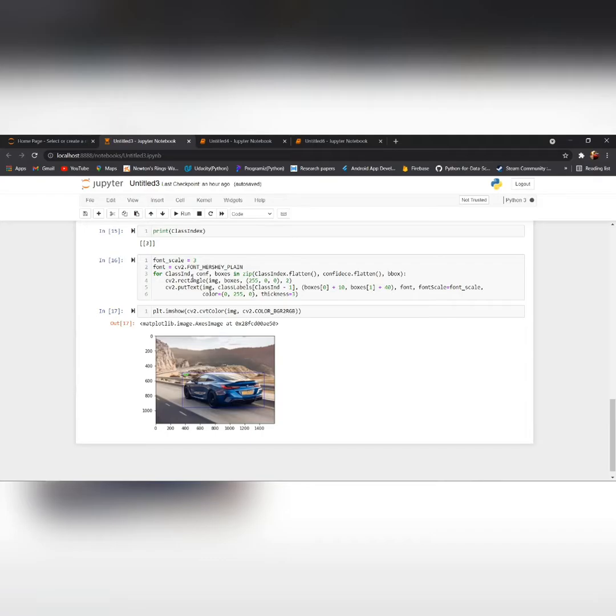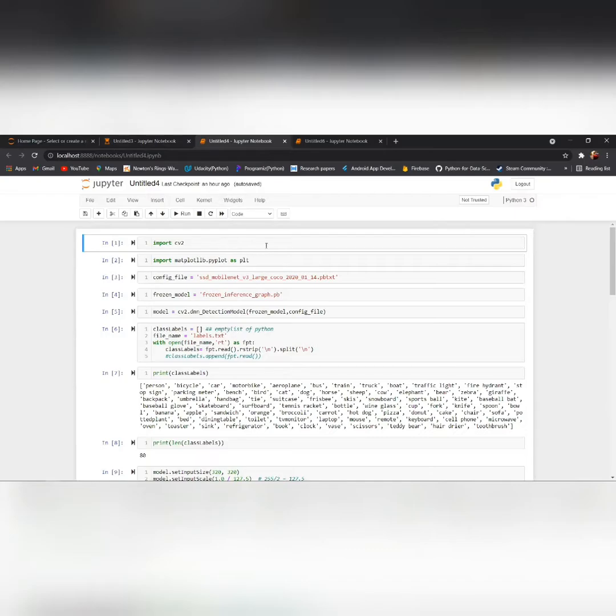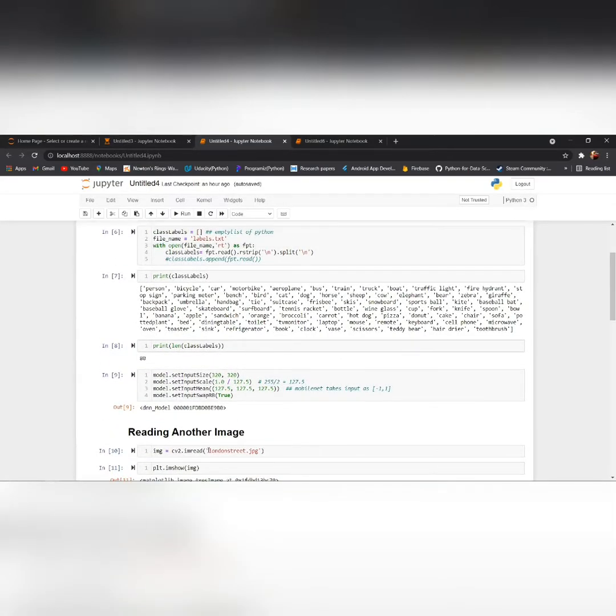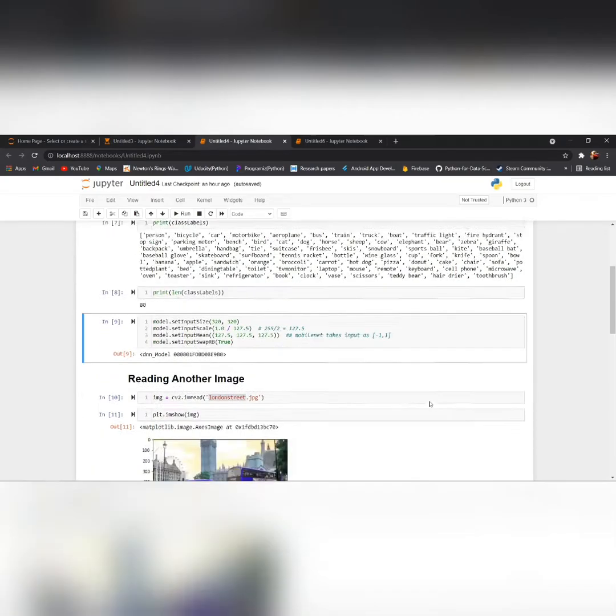Now to test the capabilities of this program, I will be using a much more complex image, an image with a large number of objects. As you can see, the command is the same. I have just replaced the image file with a much more complex one.